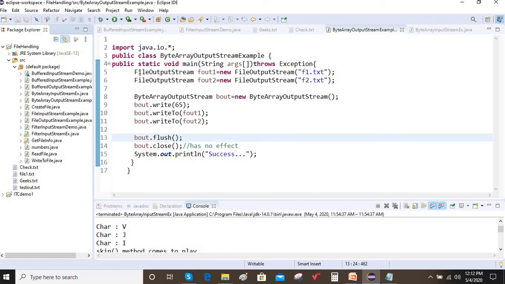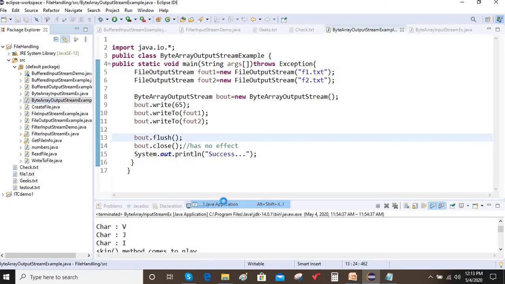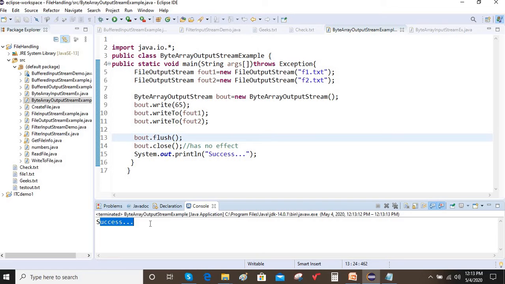So when I run this, what will happen? These two files will be created and common data will be written to them. Now let me compile this program and run this example. Run as Java application. The message success is printed.